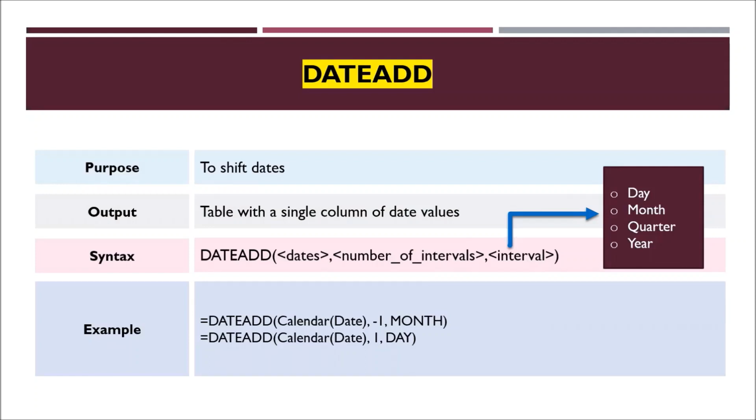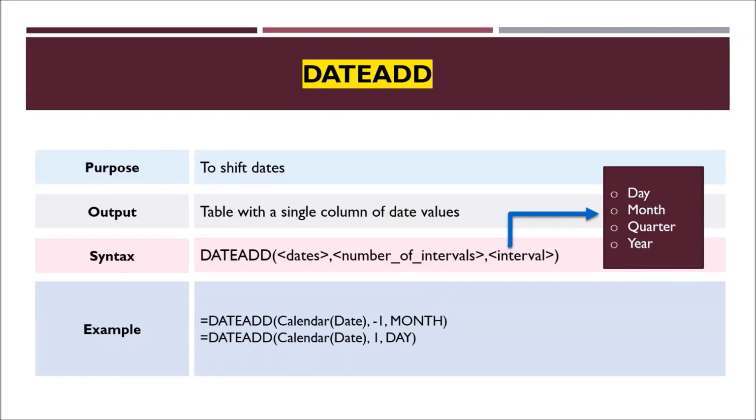Now if I look at the examples, number of intervals can be either negative or positive. If it is positive, then whatever is the interval is added to my date, and if number of intervals is negative, the interval is subtracted from my date column. Okay, dateAdd is generally used with the calculate function, wherein you can filter a table on the basis of a